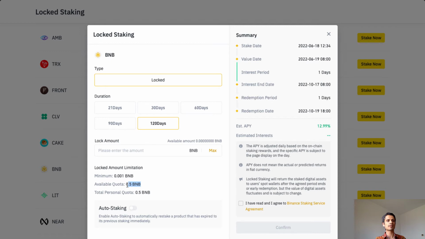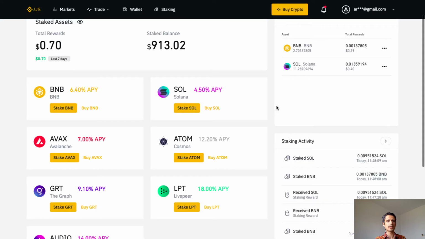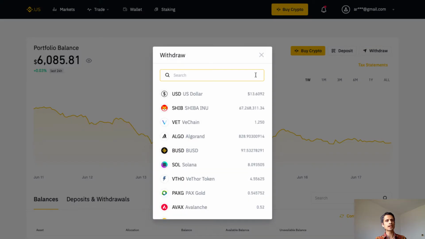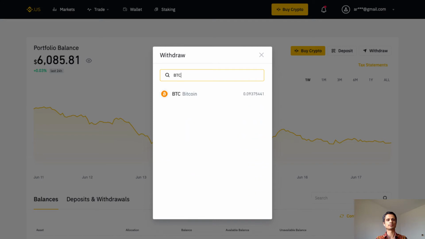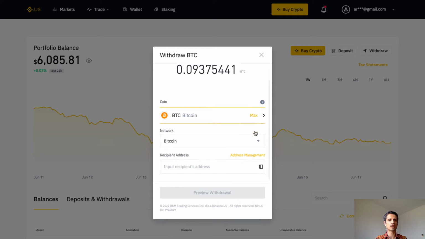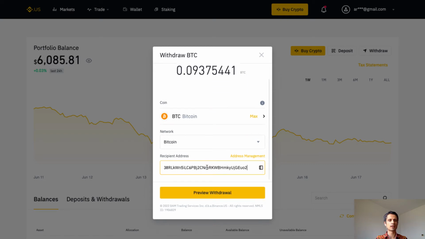Different coins have different rules for staking, so this does not apply to the other coins which we see here. So back to Binance US, I'd like to go over my second item, which is crypto withdrawal fees. Let's go to my wallet. So let's say I want to withdraw Bitcoin. Click on Bitcoin here. I'm going to withdraw the maximum amount of Bitcoin I have on the Bitcoin network, and then I'm going to